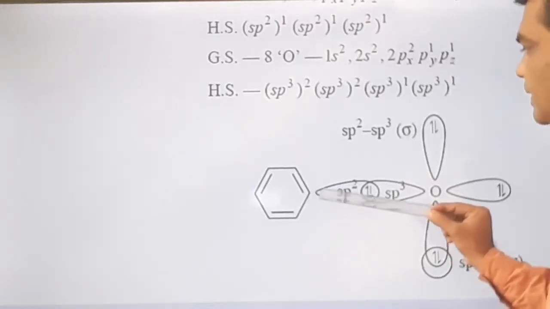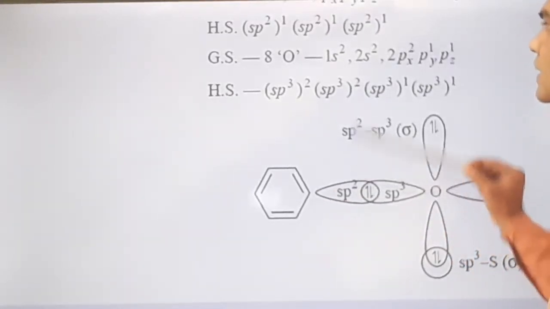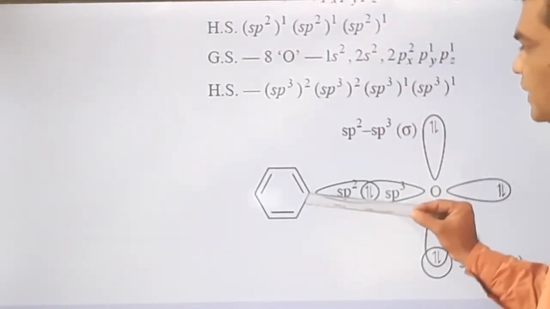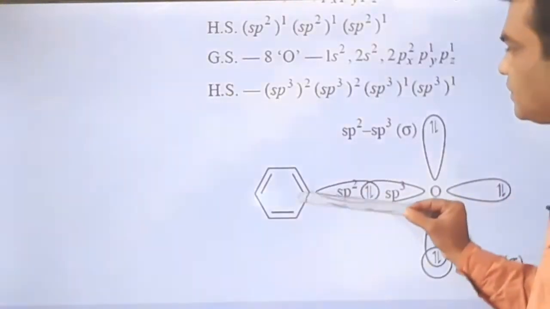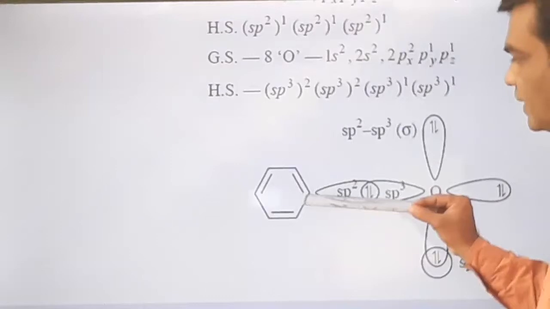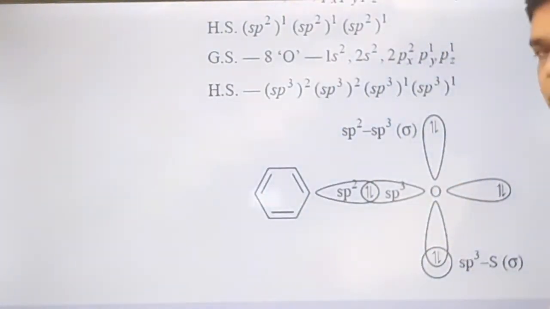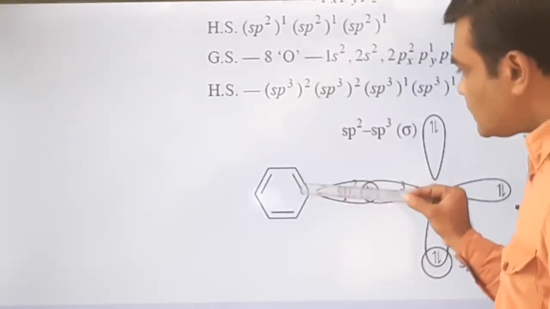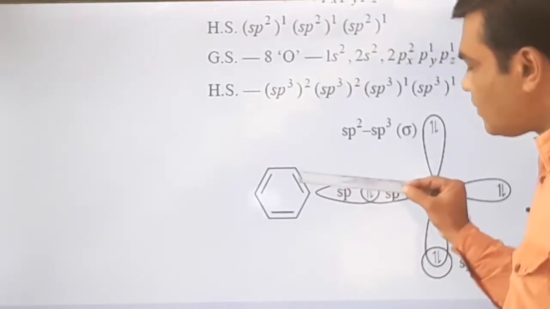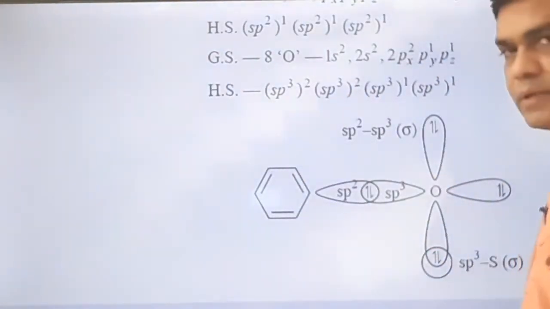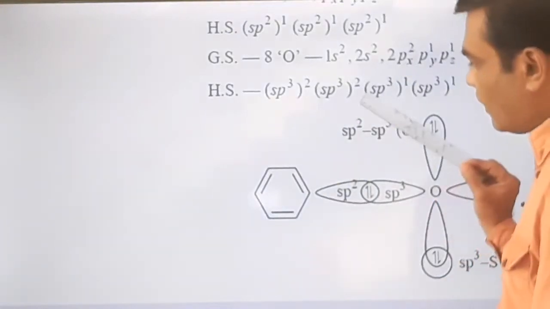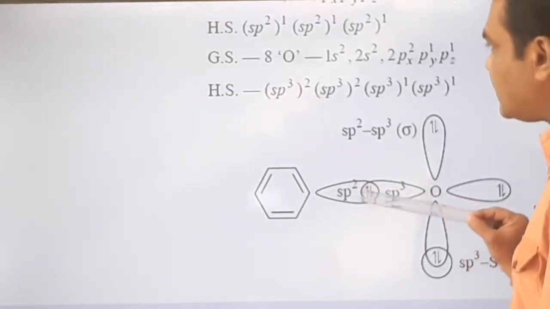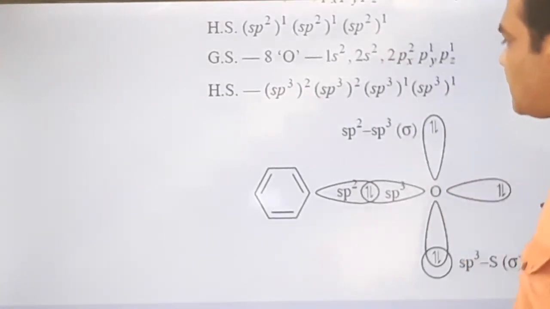of the phenyl ring. How many sp2 hybrid orbitals are with the carbon? 3. 1, 2, 3. So out of that 3, this is 1, this is another, it is not shown here, and this is the third, 3 sp2 hybrid orbitals. Among these 3, these 2 sp2 hybrid orbitals are involved in the formation of sigma bonds with adjacent carbons. Okay, and this third sp2 hybrid orbital is this one having a single electron.